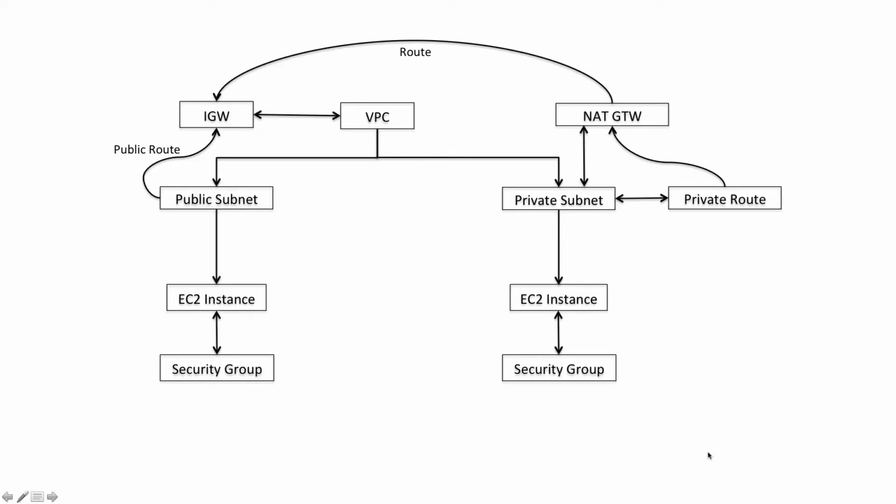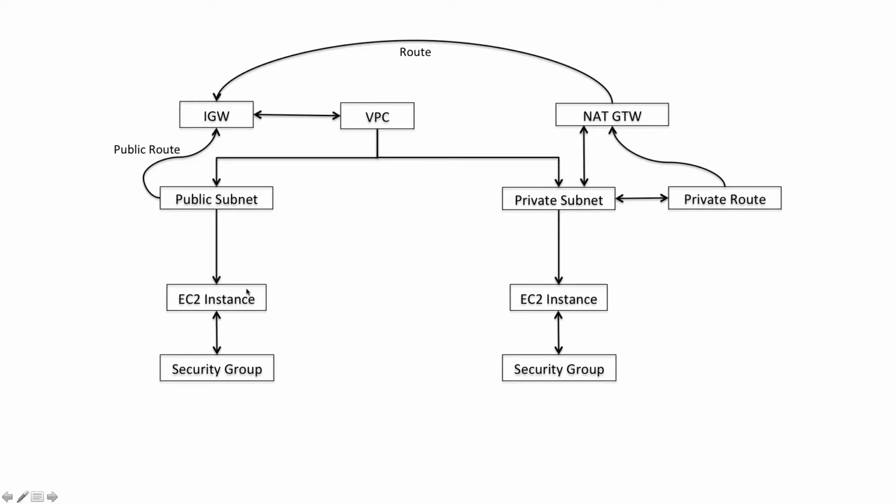As part of this demo, we'll be creating these resources. So this diagram is not an architectural diagram. This shows the resources which we'll be creating in the CloudFormation template. The first one would be a VPC. We'll create the VPC as we did in our console, and then we'll create an internet gateway and attach that internet gateway with the VPC. Under that VPC, we'll create one public subnet and one private subnet. Then we'll create some routes and route tables so that the public subnet is routed via internet gateway. For private subnet, we'll create a NAT gateway and attach the NAT gateway to the private subnet. Also, we'll create a private route which will be attached to the private subnet and will be routed to NAT gateway, which in turn will be routed to the internet gateway.